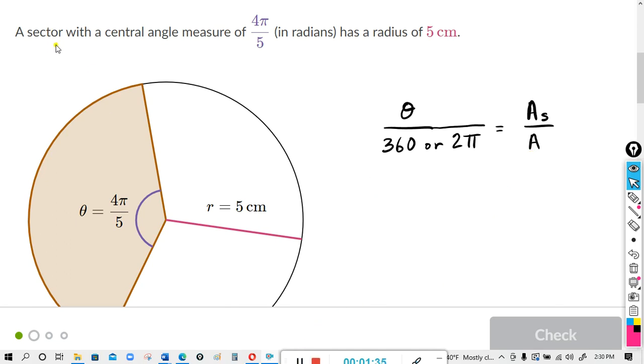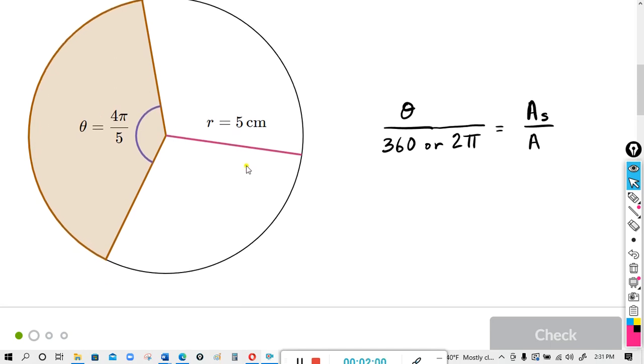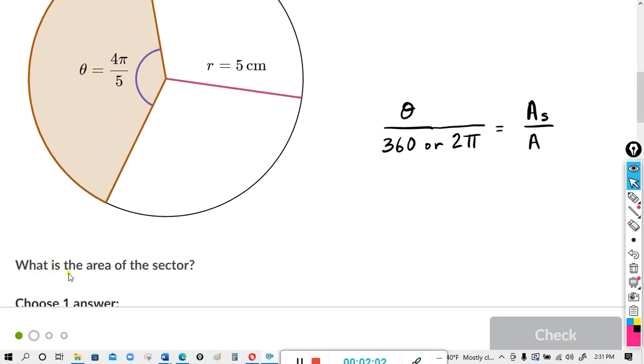Okay, so our first problem, a sector with central angle of 4 pi over 5 in radians, has a radius of 5 centimeters. All right, so both of those are given on the diagram. This is the central angle, theta, that equals 4 pi over 5. And recall the radius, it goes from the center to the circle. The radius r is 5 centimeters, and they want us to find the area of the sector. Okay,